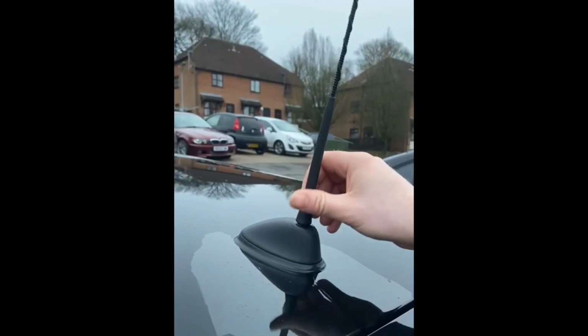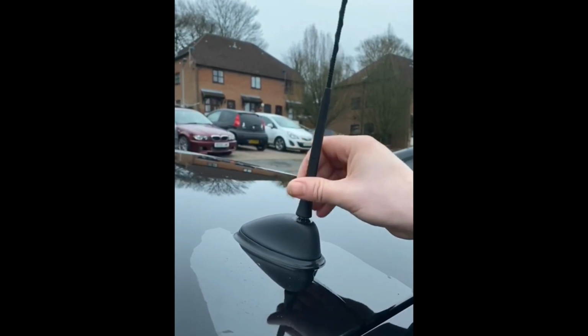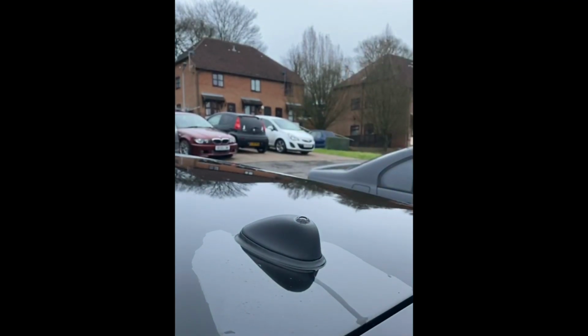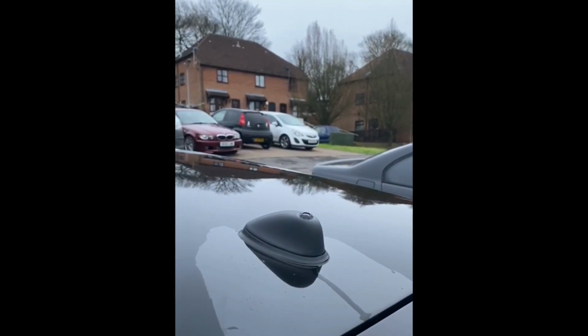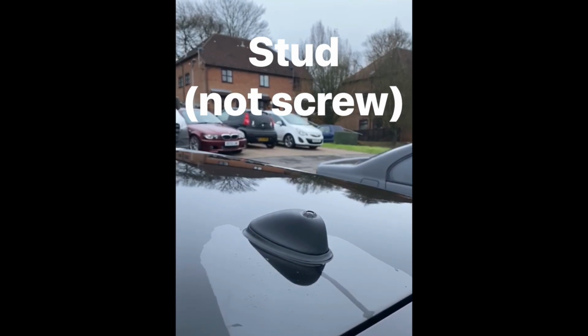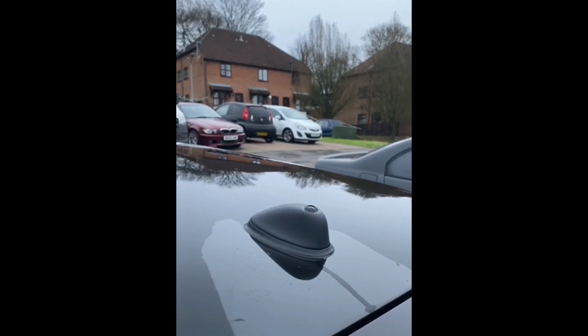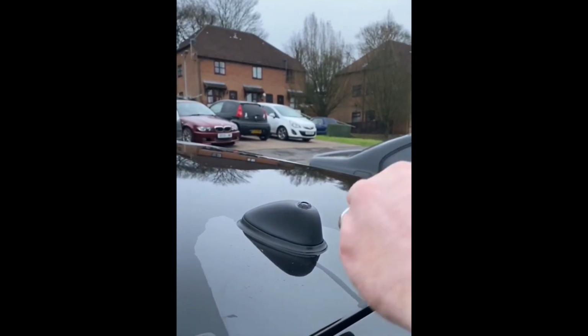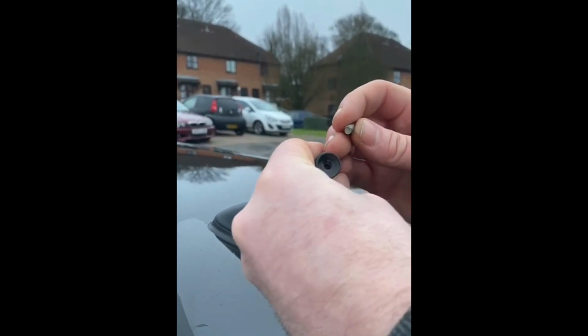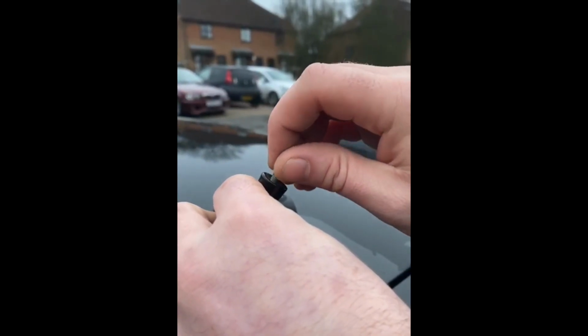We're changing the aerial now, so the old one just literally screws off. And then you get a packet with the new one that's got 2 different size screws in it. So you need to offer up each screw and see which one is going to fit your new aerial in your car. So we've obviously already done that. So once you've found the right size,